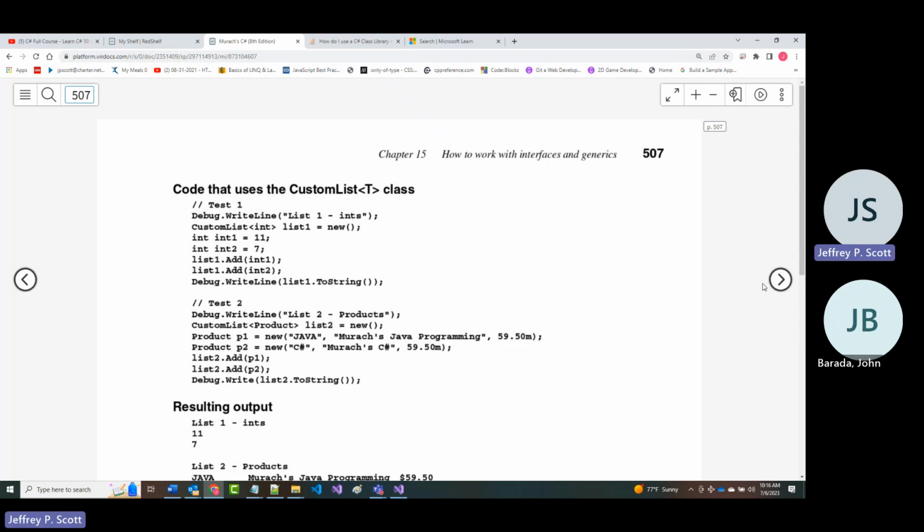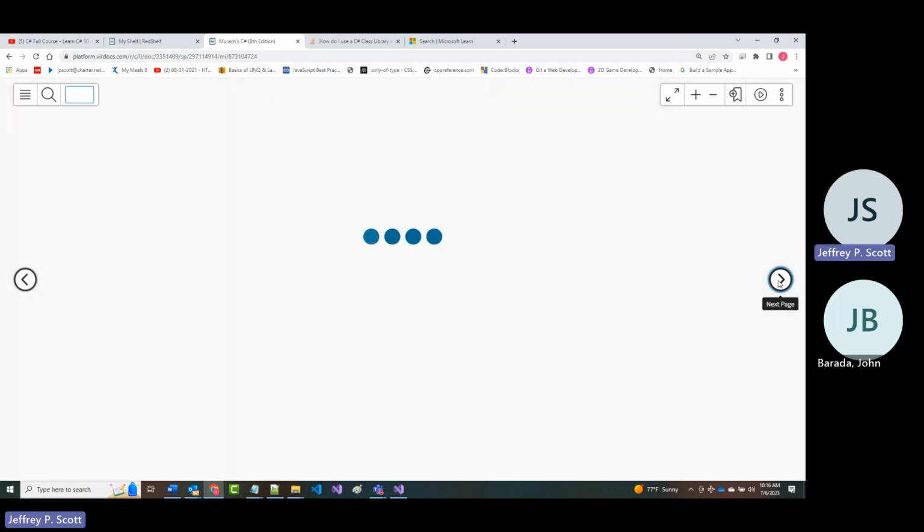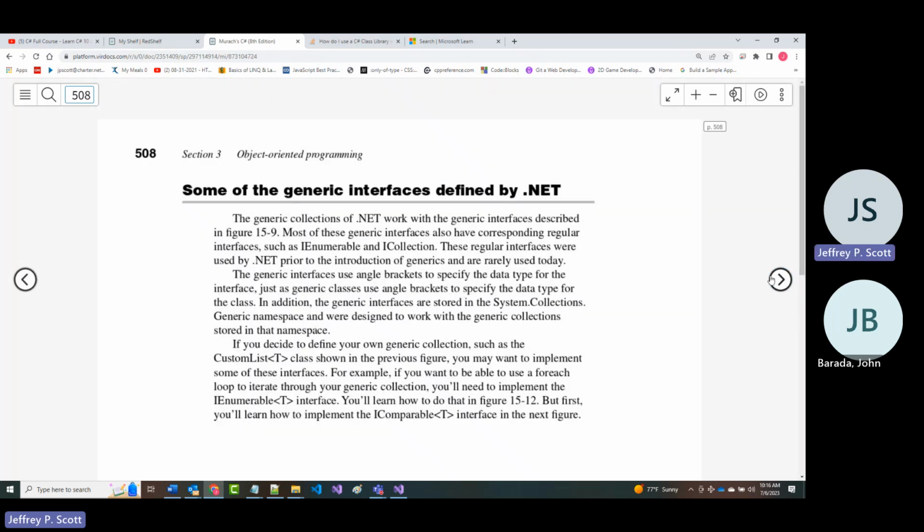All right. So again, you kind of have to look at it that if you want to take something that's based off of something else, but either you want to allow it to do something that whatever you're basing it off of could not do, or you want to prohibit it from doing something that what it's based off of can do, you could create a generic to create your own type of collection. That's the best way that I can really say it to you.